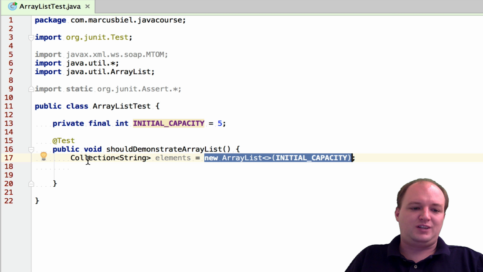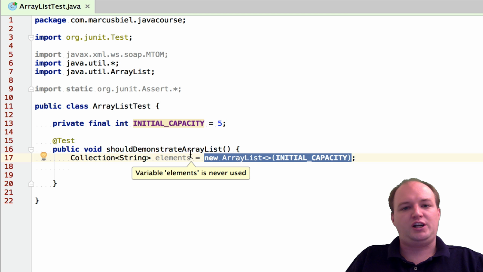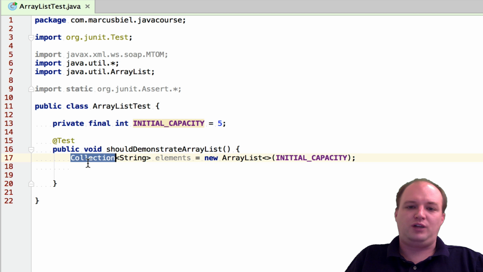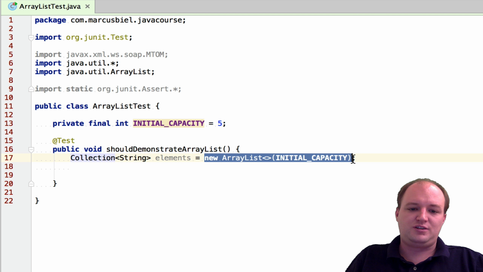Now, if you used List or ArrayList everywhere in the code, it will be very tough to change your mind. You will have to touch a lot of code, which is very dangerous. But if this is a Collection, which can be so many things, it will be much easier to change your mind, because all you will have to do is change the instantiation of the object that is actually being used.